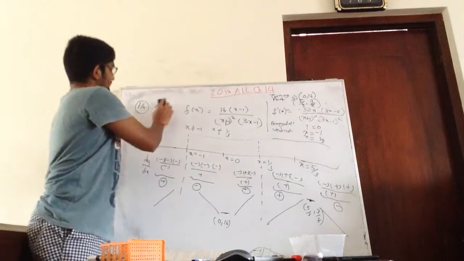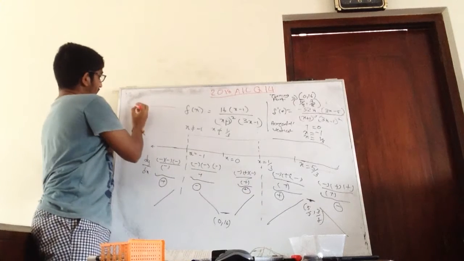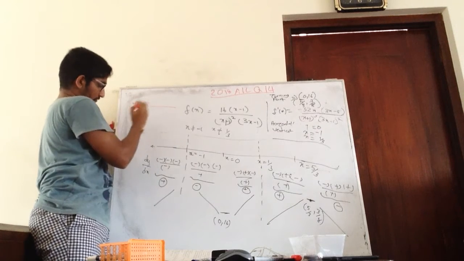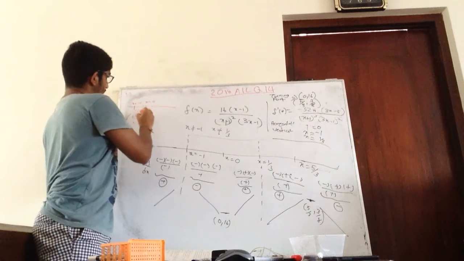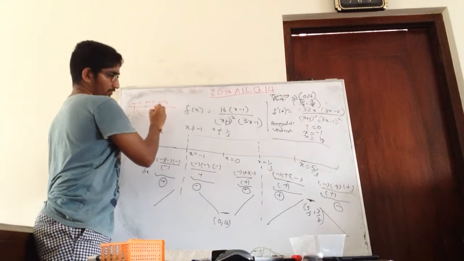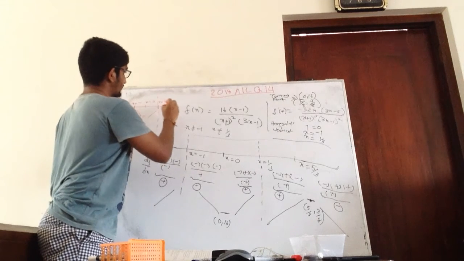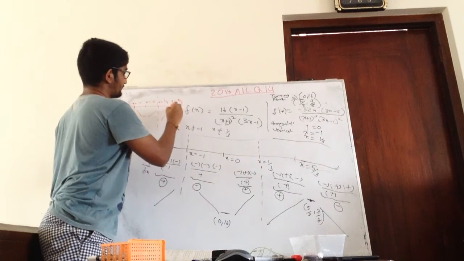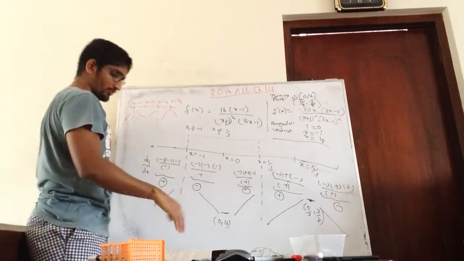Alright, so I'll write this down here. X equals -1, like this. X equals 0, it will come like this. Like this, and there's another asymptote here, and then at x equals 5/3, we come like this. Right. So now we know the shape, and we know all the necessary points. So now we can draw the graph.